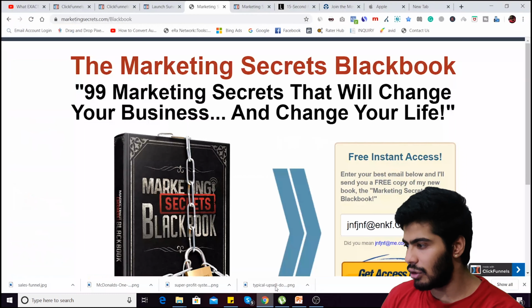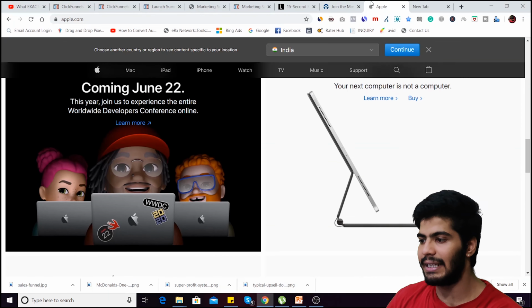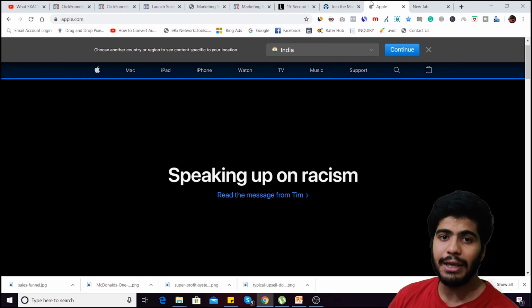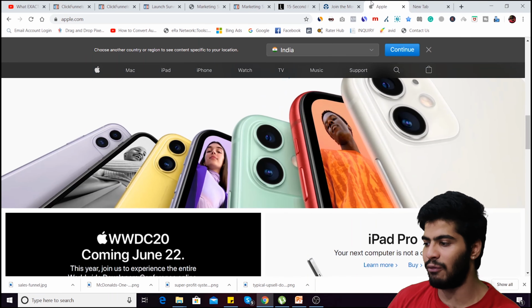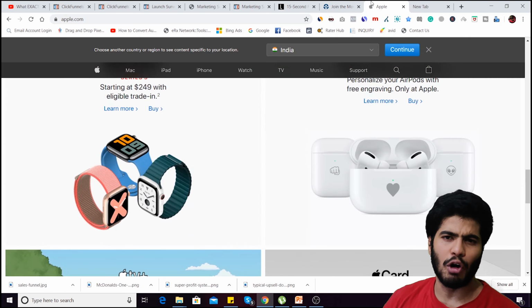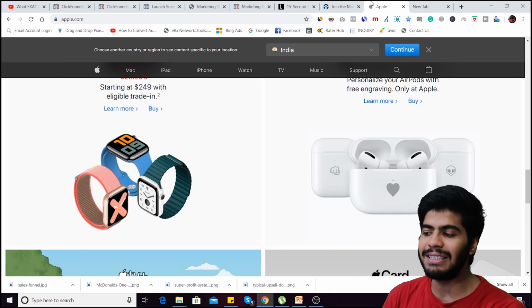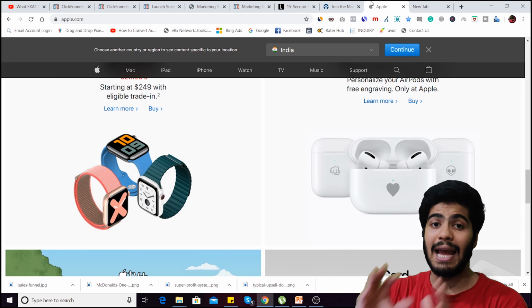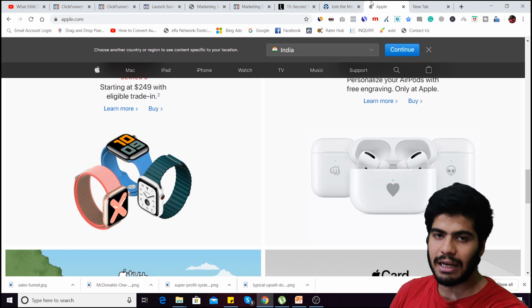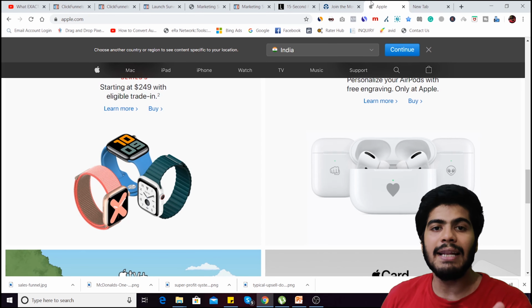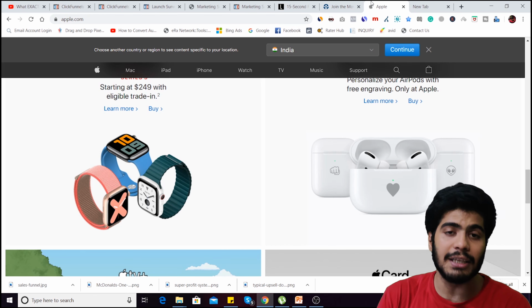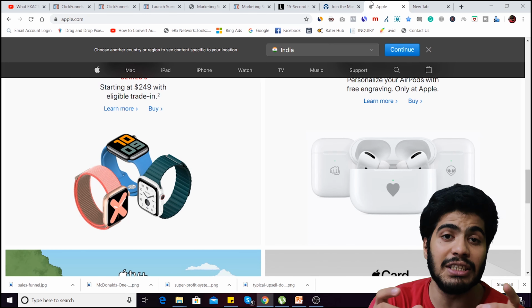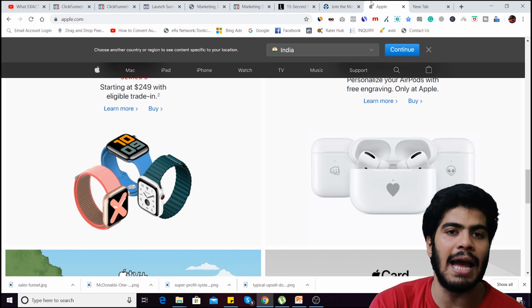Let me show you exactly what I'm talking about. Let's say we go to this website. This is Apple's website, right? As we can see, there are a lot of options. We can see Apple iPhone, like iPhone 11, SE, iPad Pro, watches and so many different things. What it means is when someone goes to an Apple website and has no clue what to do, he will get confused about which product to buy, and in the end he will end up buying nothing, right? Why am I saying this? Because there is a quote in the market which says a confused mind never takes action.